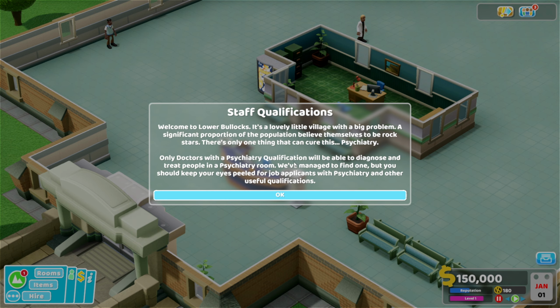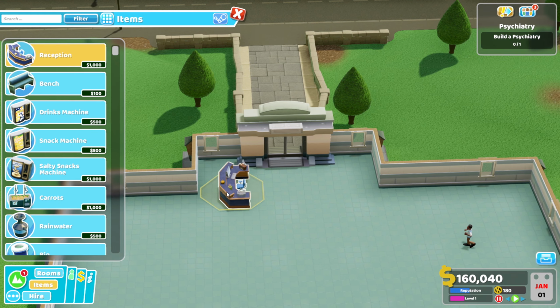Before I do any of that, we're going to actually lay out the entire hospital. I'm going to start by selling this room because it's right in the middle of what is already a small space, and we want to change that. So we're just going to sell everything and redesign this entire hospital. We're going to put all of our rooms in place first, and then we'll open up and get people to work. We want to get rid of everything here, and then we'll put down our reception desk